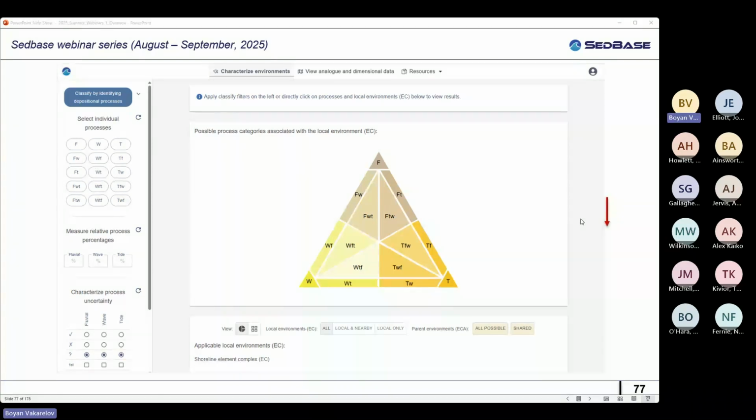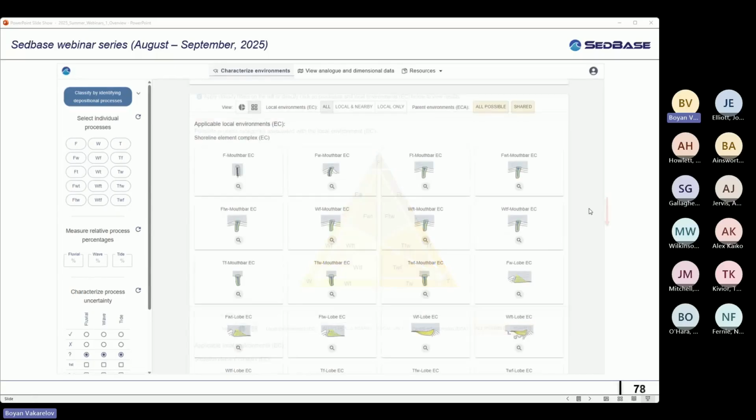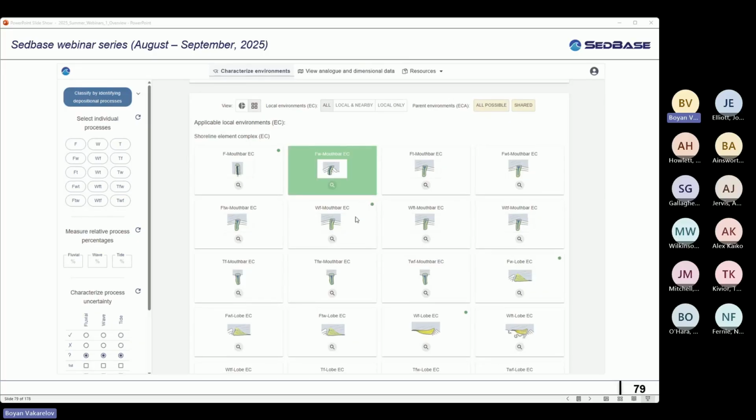So how do we do this? If we open, for example, the characterized environment, we don't need to select any filters at all, or we could have selected filters. It works both ways. We would scroll down. We have gone to our grid view where we are showing the individual facies associations. In this case, we can, for example, select one, FW mouth bar element complex. We make a selection. Now you will notice that as I do this, and I'm going back and forth,